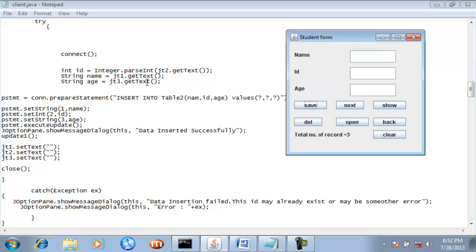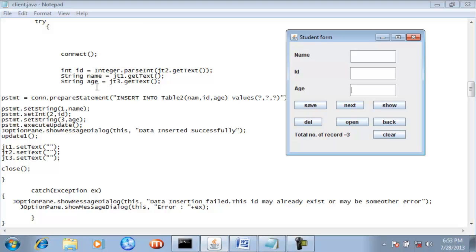This getText method returns the value from the respective text box in the form of a string, and that string is stored inside this variable. JT3 is this one, and whatever age you enter here is stored inside this age variable. In this way we have transferred the values from these text boxes into different variables.